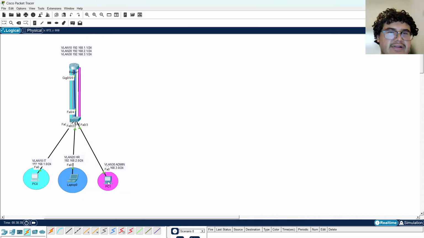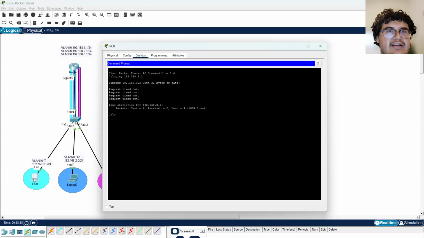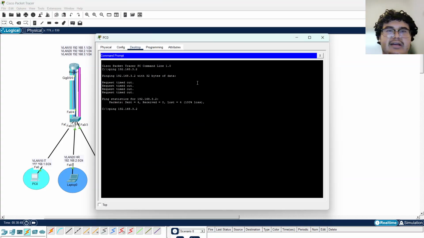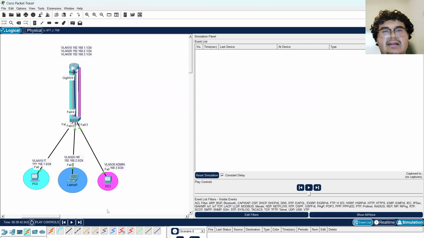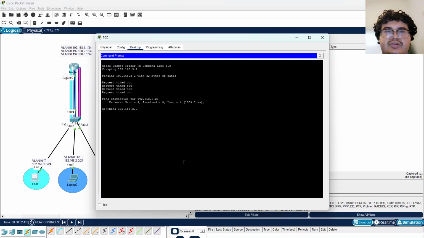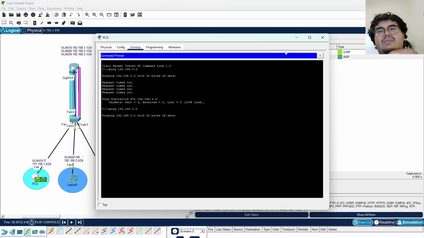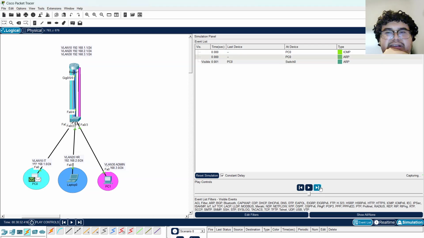Did I configure this as the 2? I did. So what is missing? Assign these to access ports and created the VLANs. So let's see again to see if we're able to actually get a message or troubleshoot it. So ping is always going to be an amazing way to